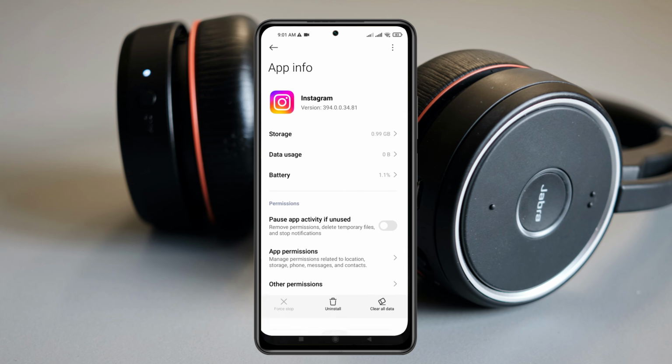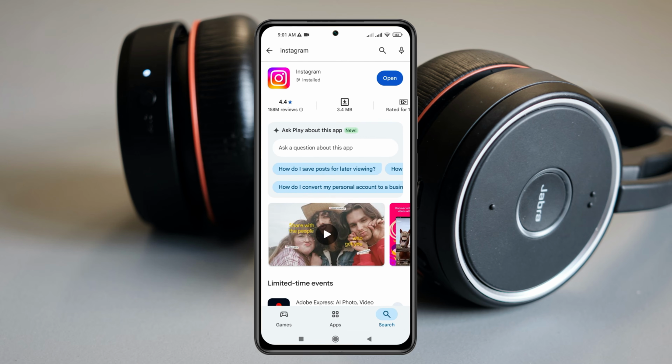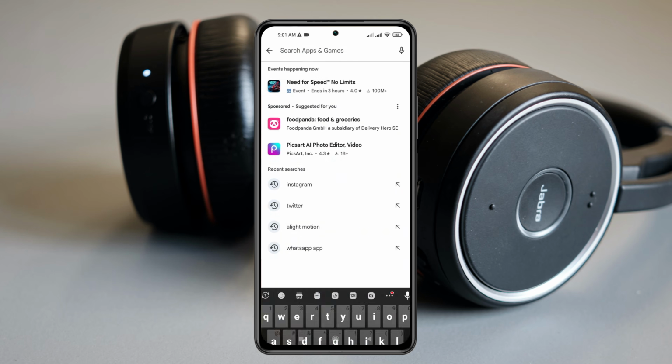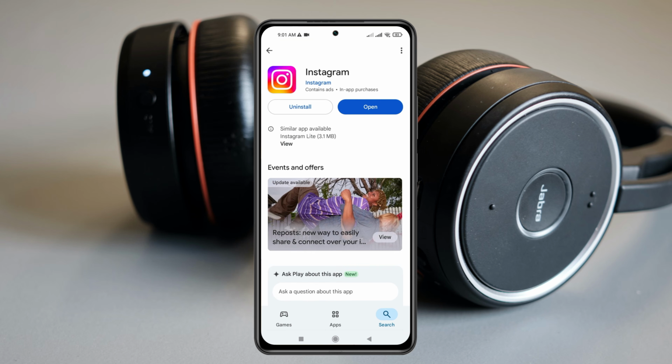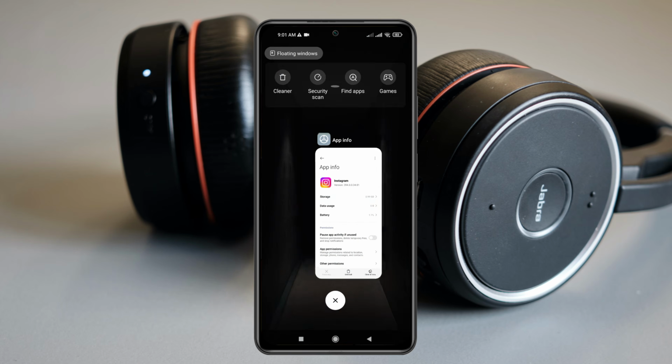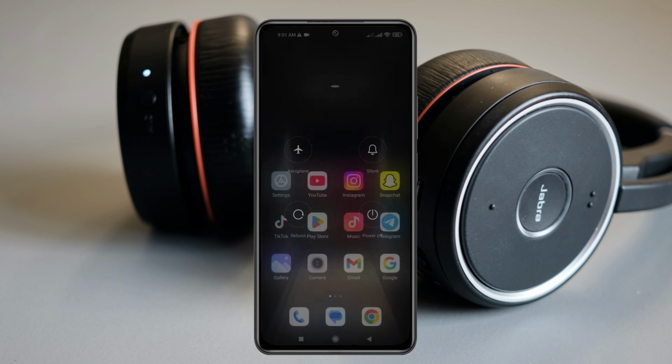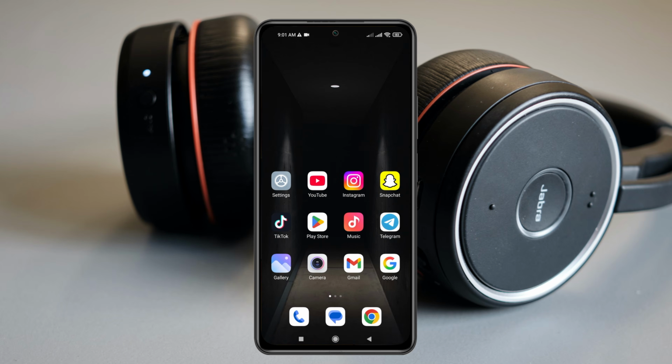Just get back from here and then open up the Play Store and search for Instagram. Tap on Instagram, and if you find any pending update, go ahead and update your Instagram application to the very latest version. Force close the Instagram application from the background and restart your phone once. Once you have restarted your phone, most likely the problem is going to be solved